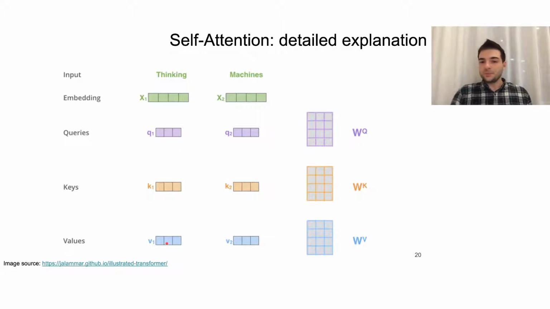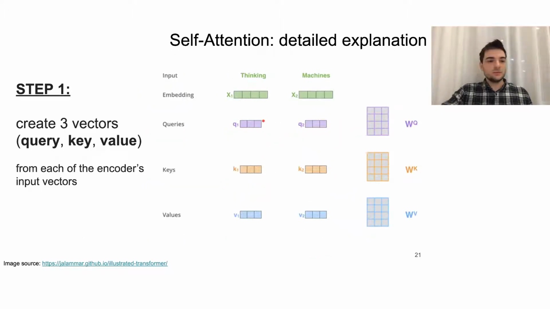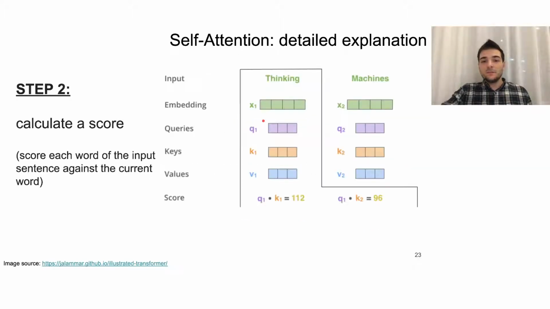Three vectors. And I guess it's kind of obvious how we can compute these vectors. We just use three different matrices and just map this original embedding into query by multiplying vector by this matrix, into key by multiplying by this matrix, and in the value. That's kind of it. What do we do next? Actually, we can compute, after we created query, key, and values, we can compute the attention scores between query and key. Here it is, first attention score. Here is second attention score.